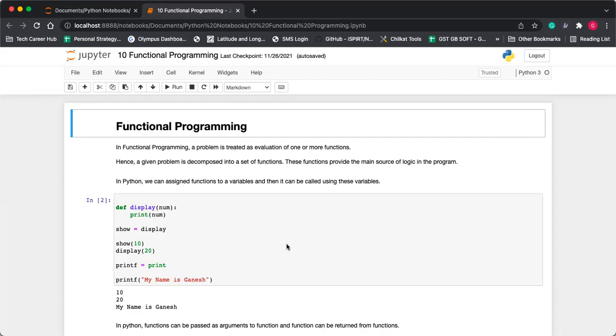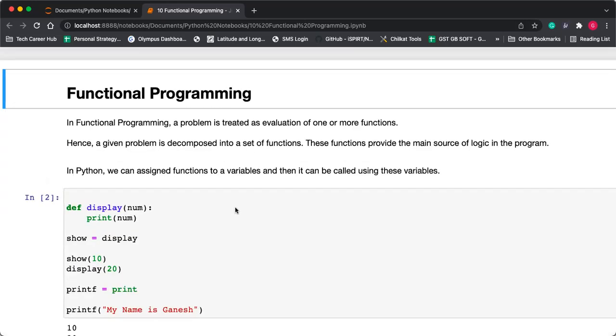So yes, we can write a function very simply. There are also some more advanced terms available in functional programming that are not available in the previous languages, which I'm going to discuss here. In functional programming, a problem is treated as an evaluation of one or more functions.